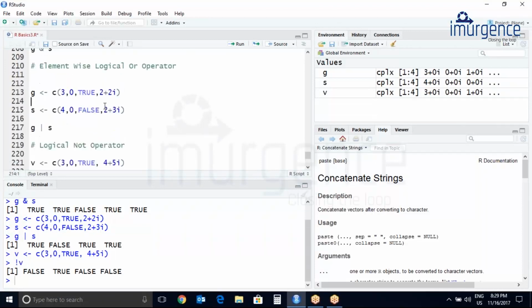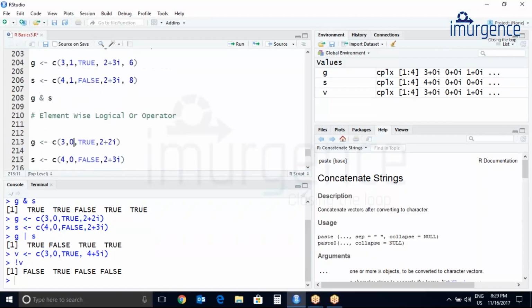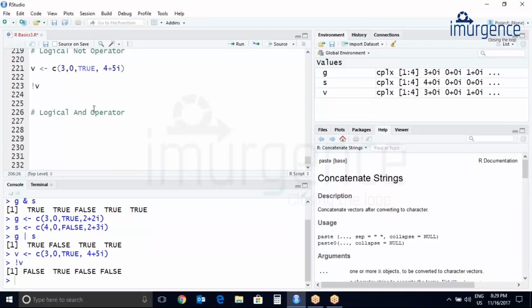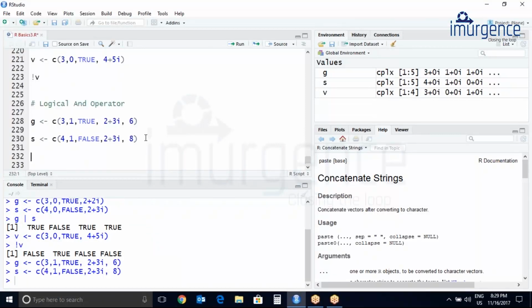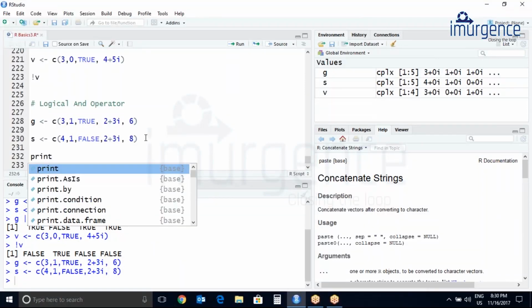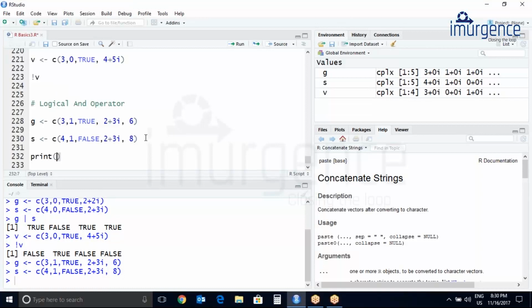Let us use the same data now. So let us try to print, okay, element wise AND operator.